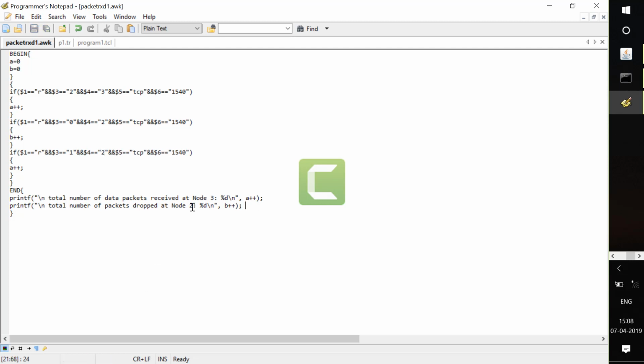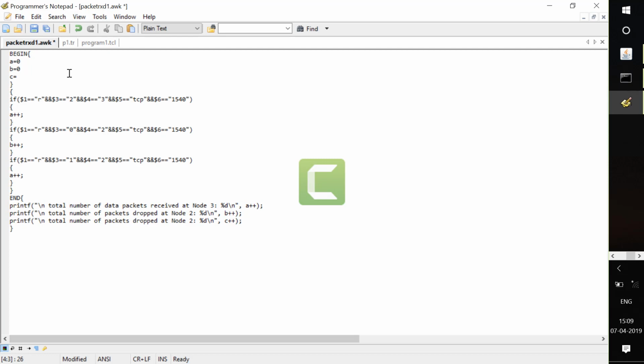I will create one more print statement: total number of packets that are received, just I will create one more variable. It's a simple C programming.